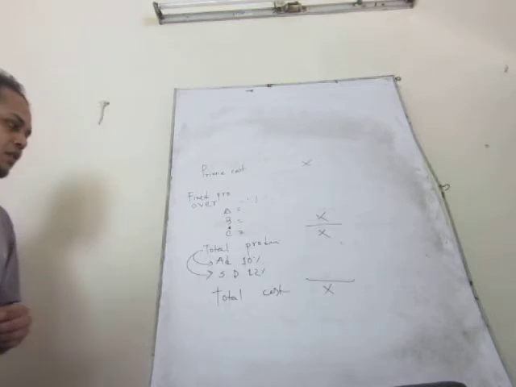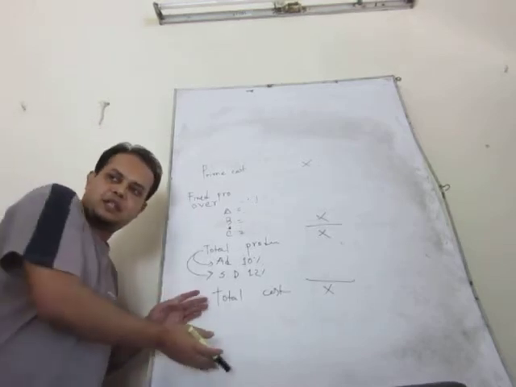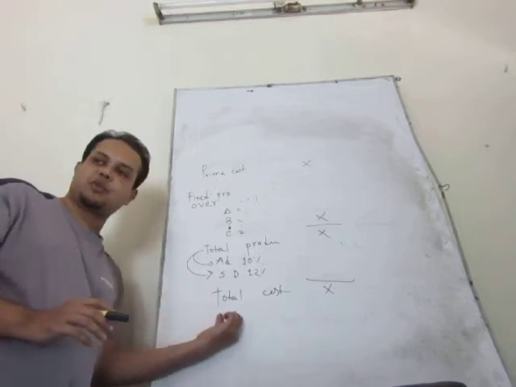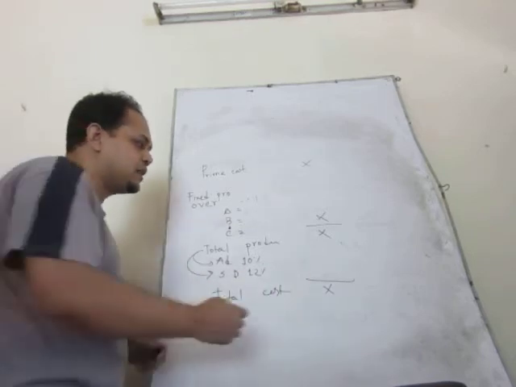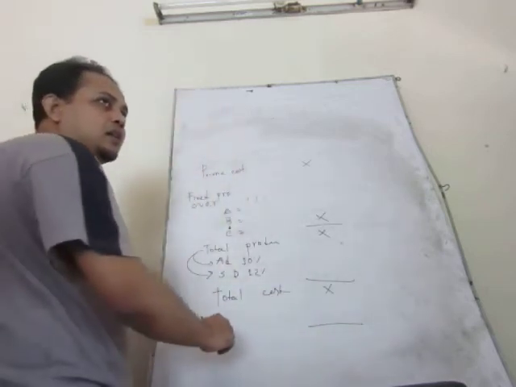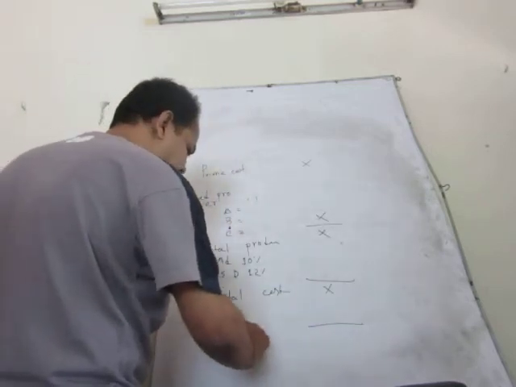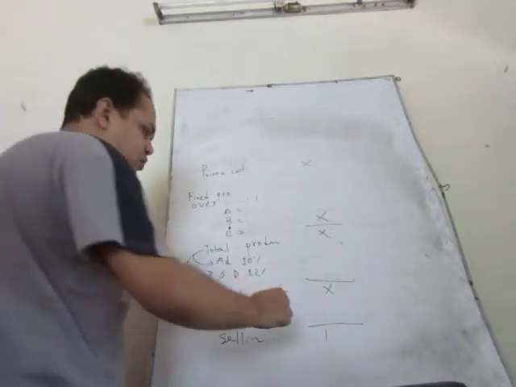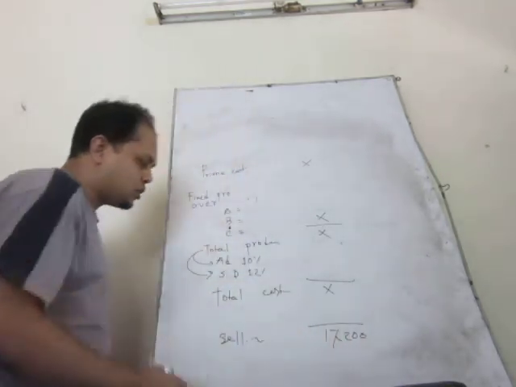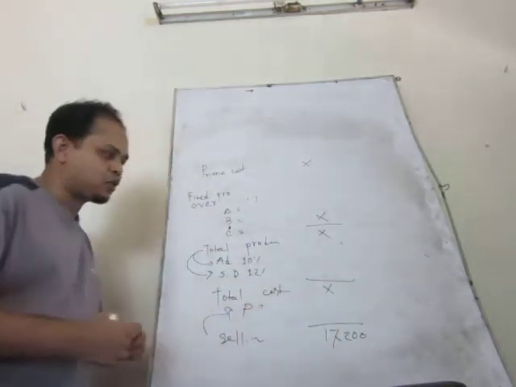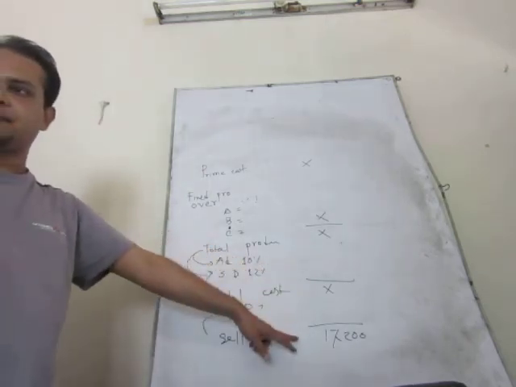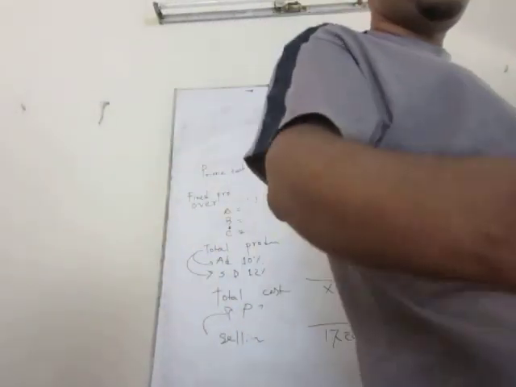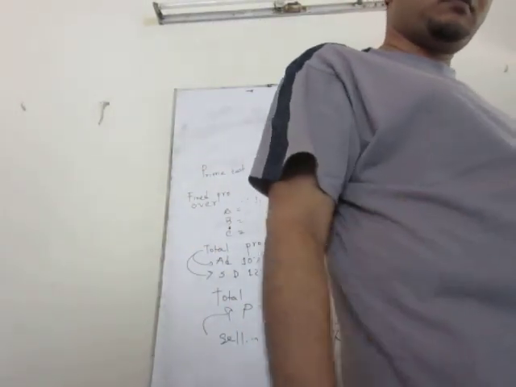Total cost. So normally we add a percentage of markup, right? Markup. In the case of markup pricing, we add a percentage of total cost to find out the selling price. Here the selling price is provided. Here the quotation price, or you can say selling price, is 17,200. So you can find out the profit here. What portion of profit is added to the total cost, right? What's the next step? According to